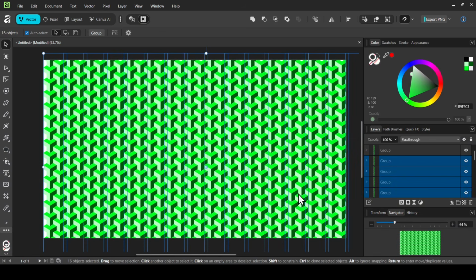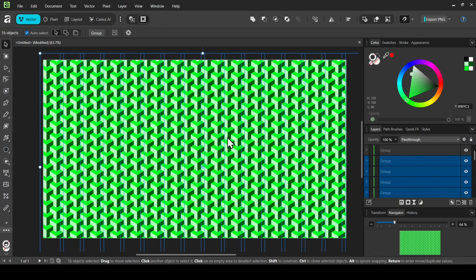So now, for example, I'm going to select everything. I'm just going to move it a little bit to the left. So here it is. So now I'm going to group all these